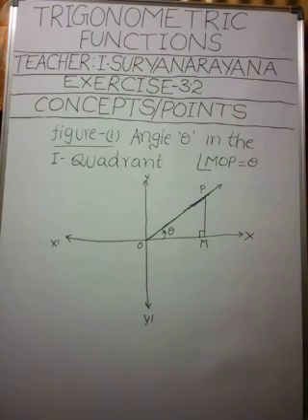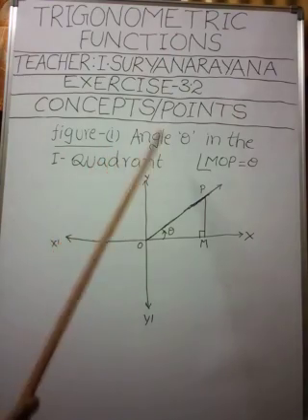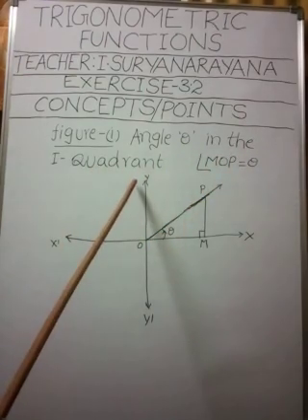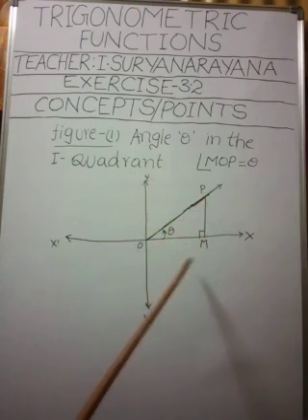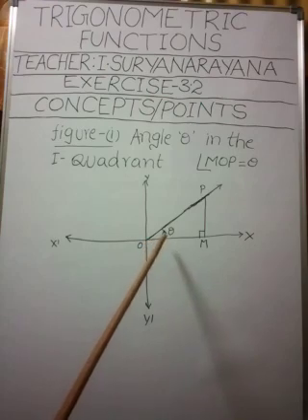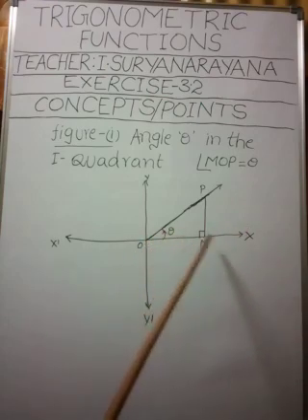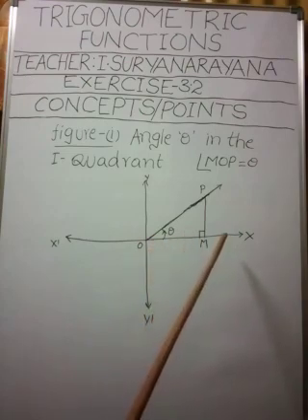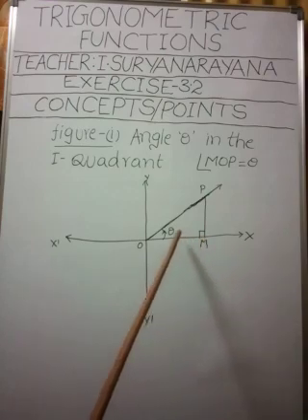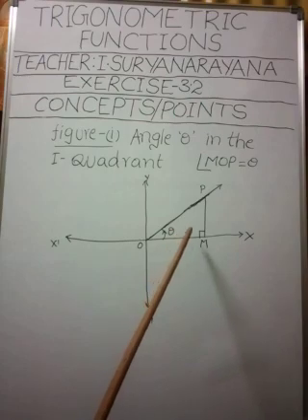Now see this figure 1, first figure. Angle theta lies in the first quadrant. If an angle lies in the first quadrant, we draw a rough diagram like this. See this one. Here theta is in the standard position, means its initial ray is OM. OM is the initial ray. It is coinciding with the positive x-axis. Okay, my children. And theta lies in the first quadrant because its terminal